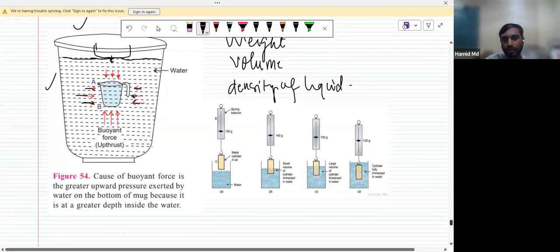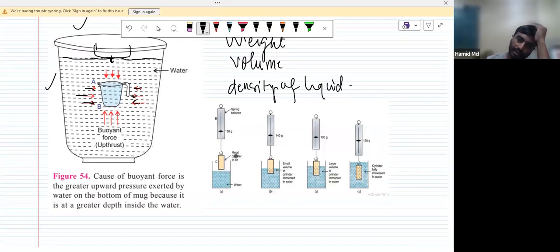Before that, now I have another example. See, this is a spring balance, okay? And this object weighs 50 grams outside the water. As we are dipping it,